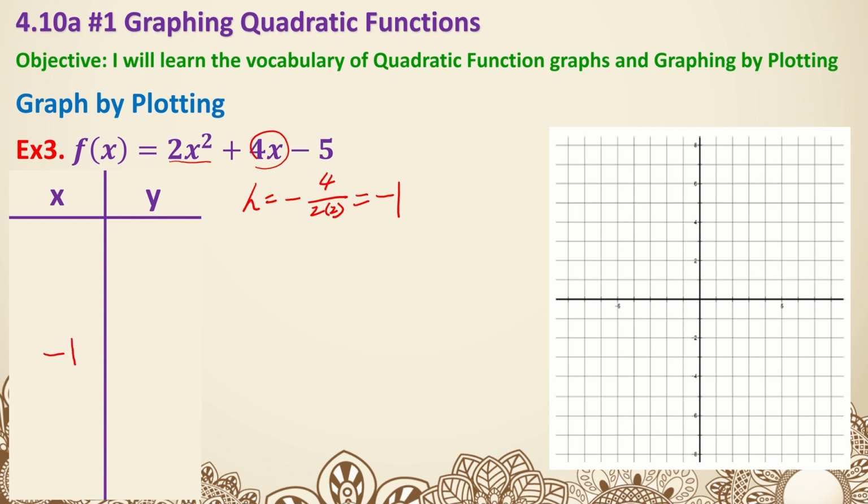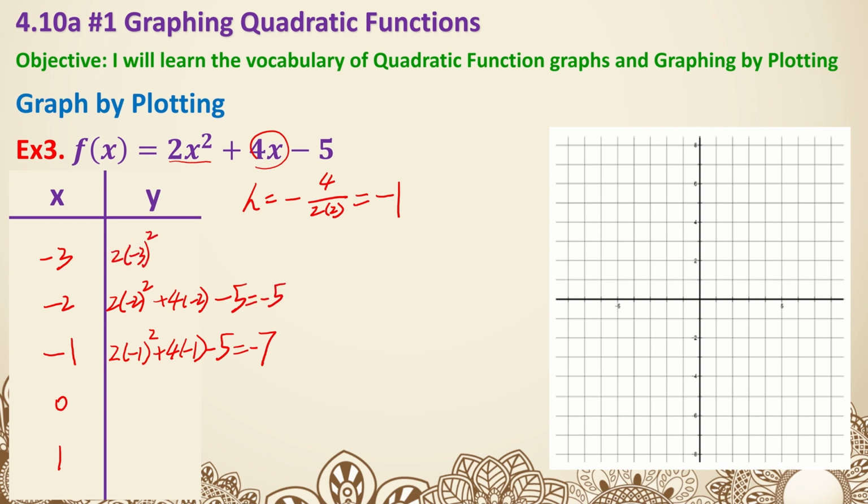Then 1 left, 2 left, 1 right, 2 right. Okay, we're going to plug them in to calculate. So when it's negative 1, we got 2 times negative 1 squared plus 4 times negative 1 minus 5. That is going to give us a 2 times 1, which is a 2, minus 4 is a negative 2, minus 5 is a negative 7. When it's negative 2, 2 times negative 2 squared, that's an 8, plus 4 times negative 2, that's a minus 8, minus 5 is a negative 5. 2 times negative 3 squared, plus 4 times negative 3. Negative 3 squared is a 9, times 2 is an 18, minus 12 is a 6, minus 5 is a